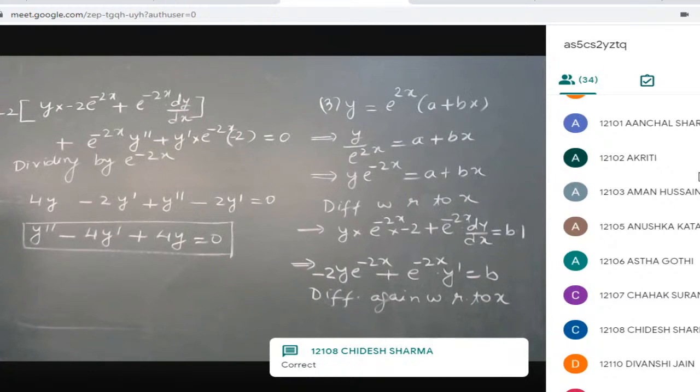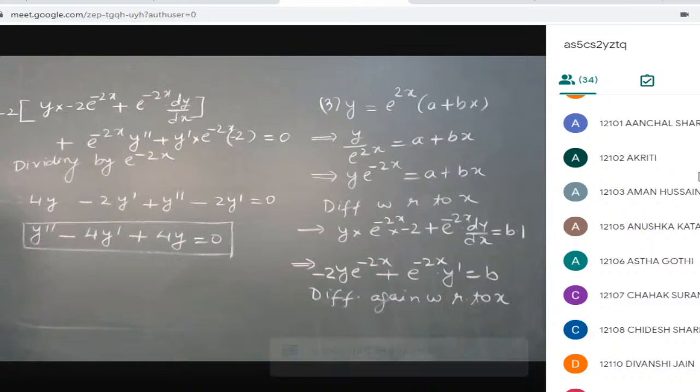जरा बताओ मुझे आंसर शीट में चेक करके. Chidesh Sharma is commenting that it is correct, है ना? तो आप समझे कि हमने